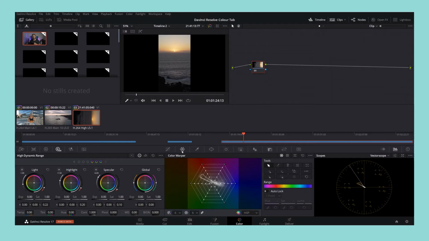Now, I did talk about this in a previous video about what to look forward to in DaVinci Resolve and things that got me excited, and I am super excited about this. The color warper is this little spiderweb thing, as I'm calling it, that works across all the hues on your color wheel. It is absolutely awesome. What I really love about it is how easy it is to use. When you're using the color warper tool, you take the eyedropper and just hover it over some place on your scene. It's going to show exactly where on the color palette that specific pixel or group of pixels is,